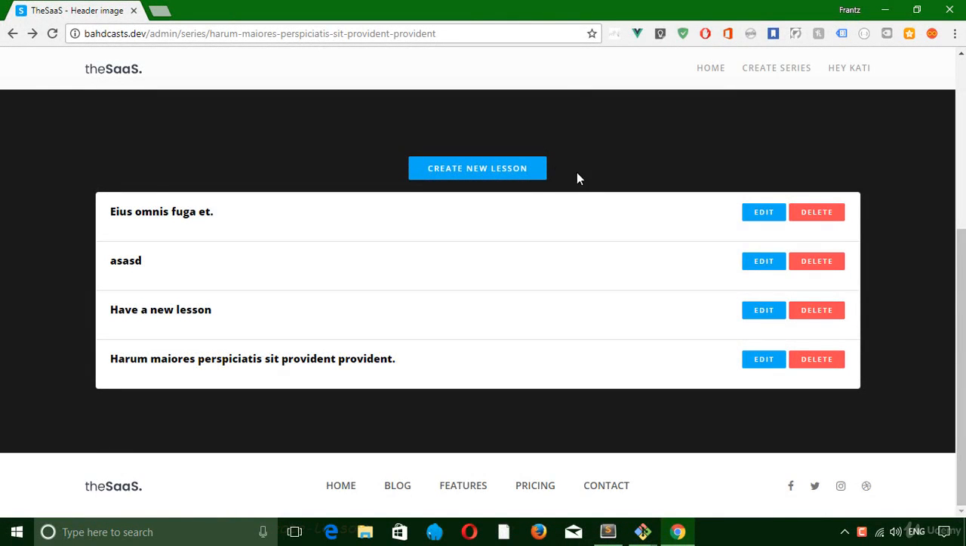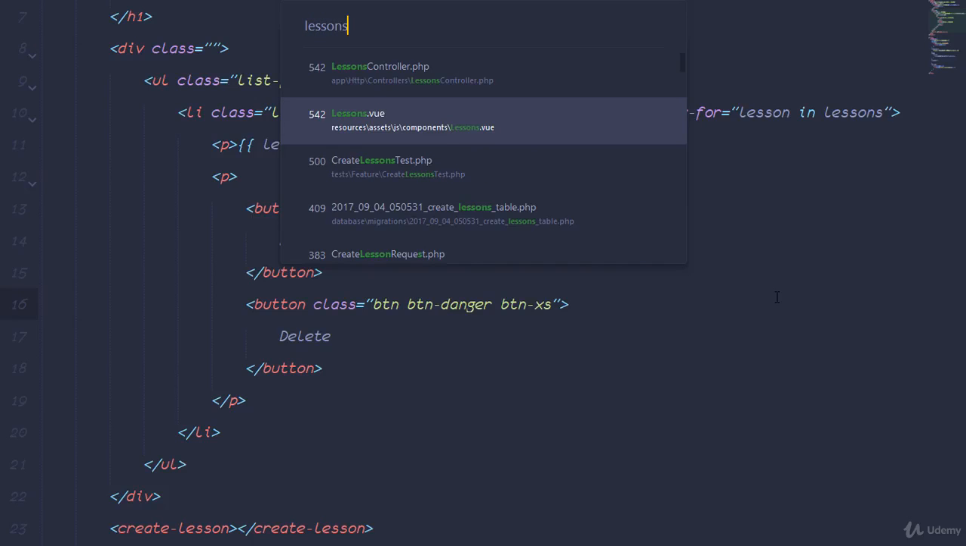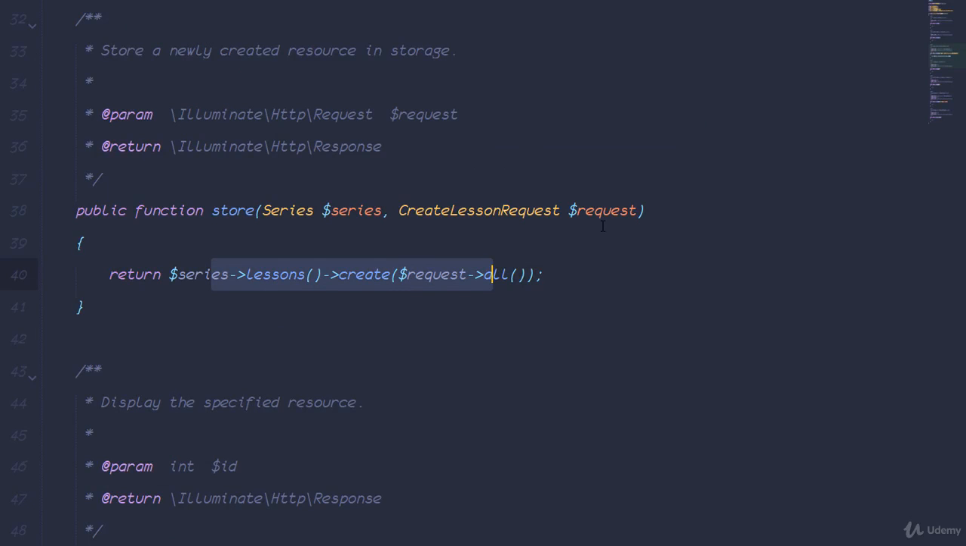Let's jump straight into the possibility of deleting a lesson from this dashboard. Oh, and by the way, behind the scenes I took the liberty of including an edit and delete button. Okay, so let's use the delete button to make this happen. Before we do that, let's just head over to lessons controller and make sure that Laravel is prepared to delete